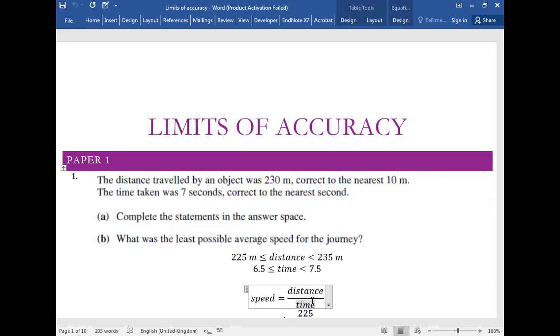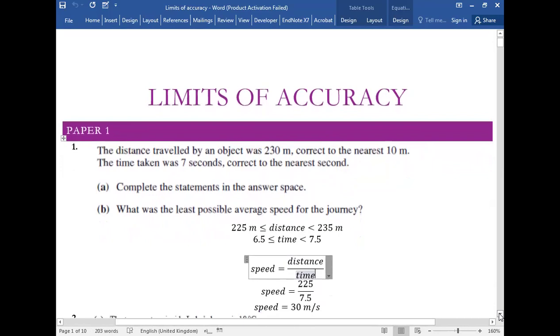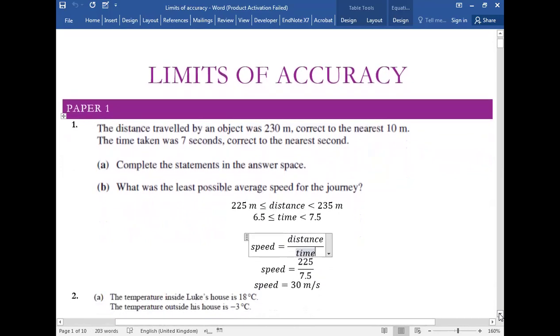Sometimes it is very easy, but I urge you to make the formula whenever there is a quantity that is not a measured quantity and you need to find its upper and lower bound. Speed and time were measured with apparatus, so they told that. If there is a quantity that you have not mentioned and you need to calculate its upper and lower bound, always make the formula first. That will help you decide which measured quantity's upper bound or lower bound to take. So what is the value of speed? 225 upon 7.5, which is